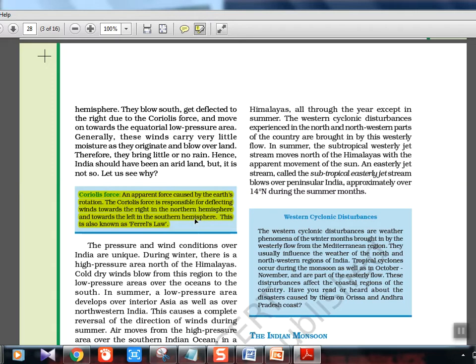So the direction when something is going up, it will be deflected towards the right. Okay, like this in the northern hemisphere I'm telling. Florida and the place in India are both in the northern hemisphere. That's why I took that example. So that is Coriolis force, and this Ferrel's law is related to that. Okay, you should know. UPSC will pick these kinds of words.